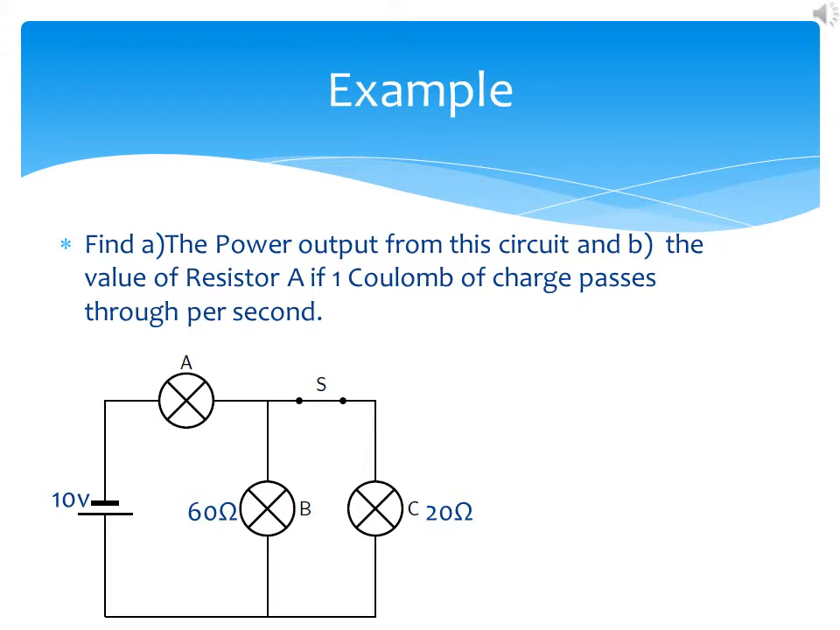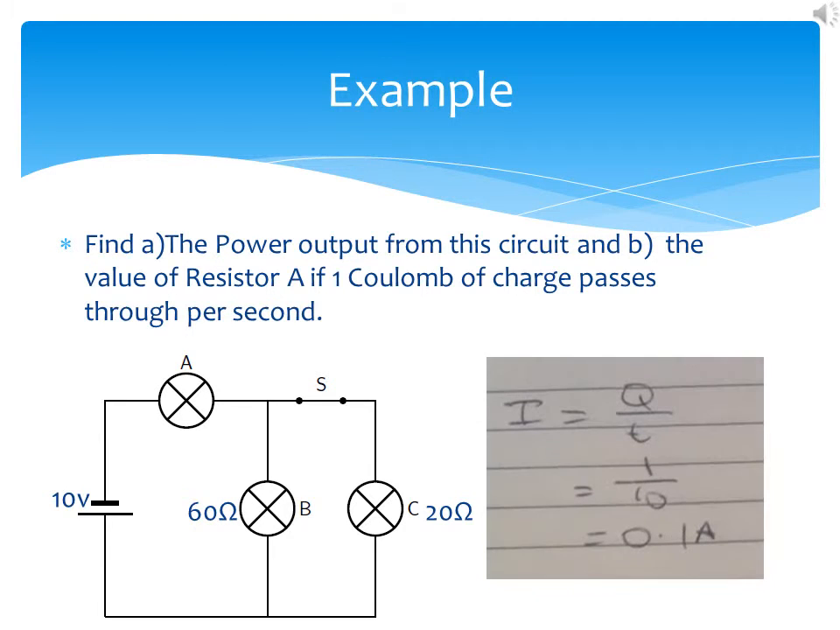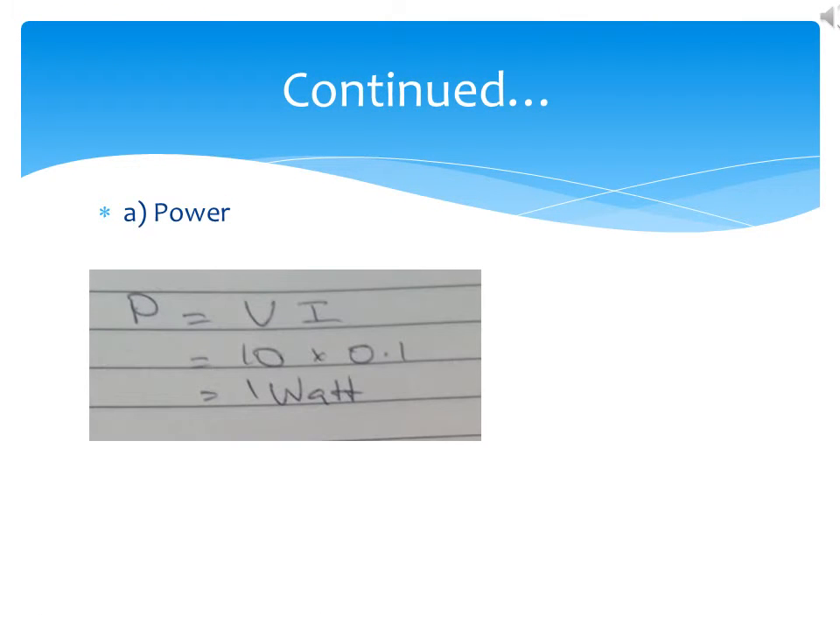Here is an example using the equations discussed earlier. Find A, the power output from this circuit, and B, the value of resistor A if 1 coulomb of charge passes through the circuit per second. Firstly, we need to find the current. We can do this by the formula I equals Q/T, and that's how we get current equals 0.1. Next, to find the power, we use P equals VI, which gives us power equals 10 times 0.1, giving us